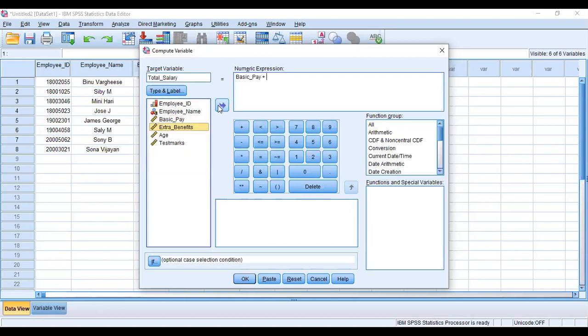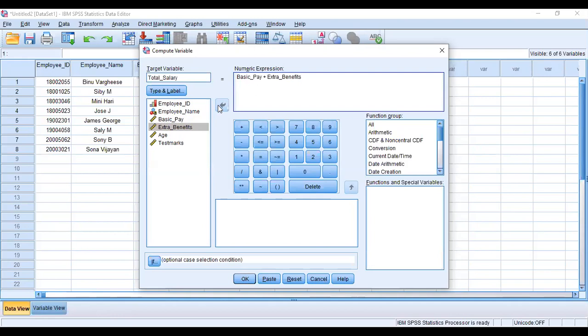Extra benefit also we need to move. So we give the formula using the existing variables, basic pay and the extra benefits.